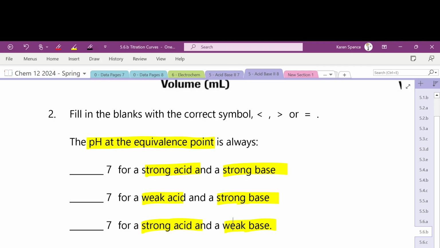We'll just wait a minute for everybody to be done. Okay, the pH at the equivalence point for strong acid, strong base is always equal to 7. For a weak acid, strong base, it is always greater than 7. And for a strong acid, weak base, it is always